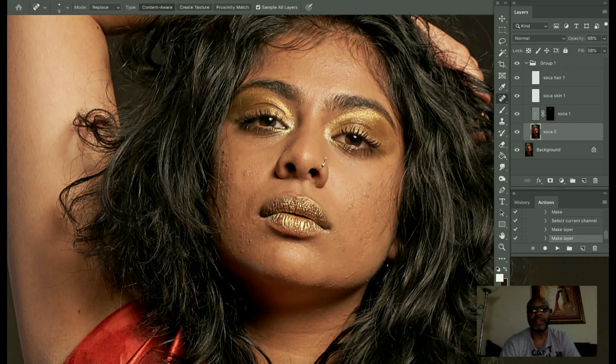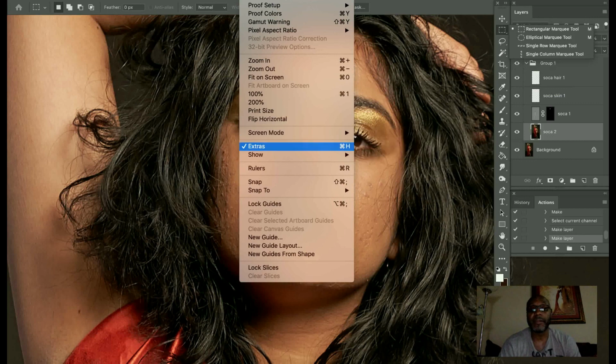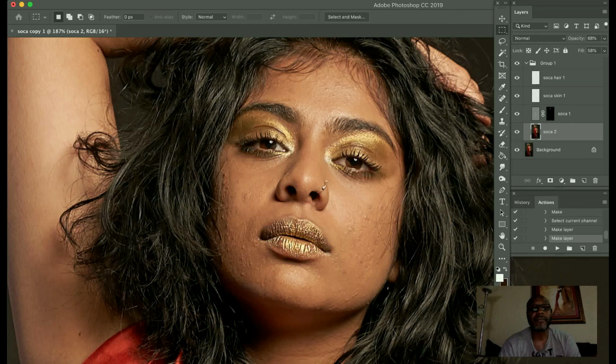I'm just doing this to show you the steps. I'm not actually doing any work on it. I just want to show you how to set up the layer and how to set up the actions and work in your own flow and style for your results in Photoshop. So